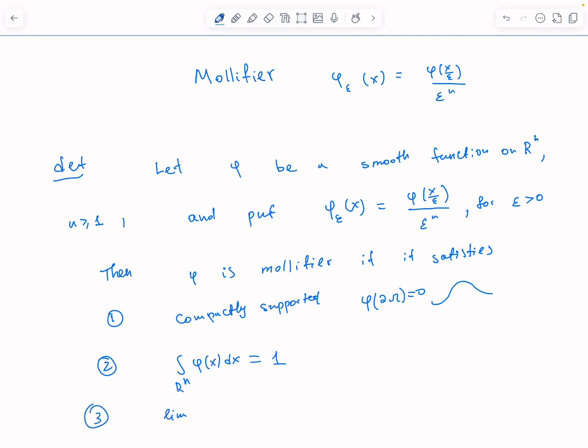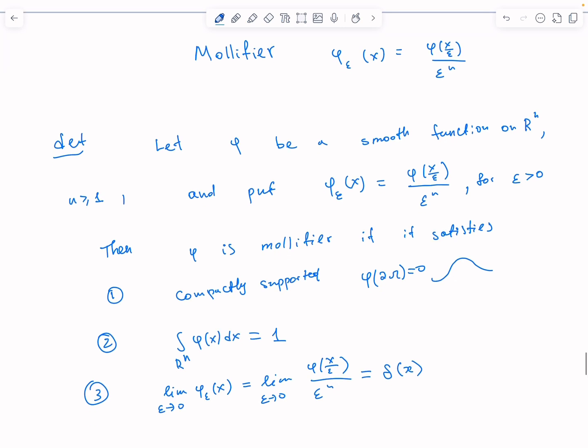the limit of phi epsilon of x when epsilon goes to 0 is equal to the limit of phi of x divided by epsilon to the power n, epsilon going to 0. This is delta of x. Delta of x is the Dirac delta function, which means